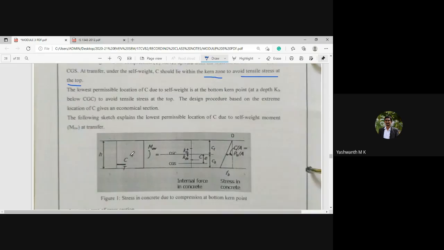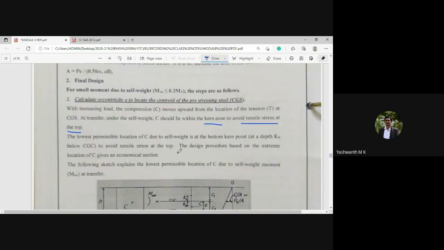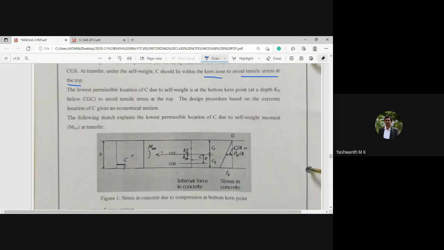Now please look into the figure. This is the total depth of the beam. As I stated, the compressive force and the tensile force are both coinciding, because I clearly stated, at transfer under self-weight, so a moment due to self-weight. At this particular instant, let me show the stress diagram.